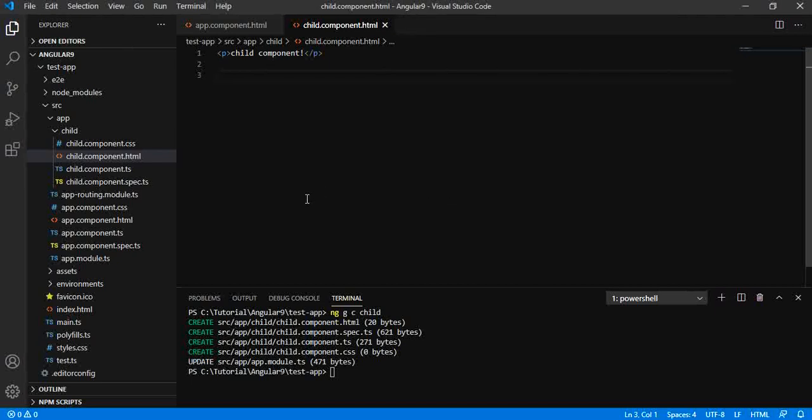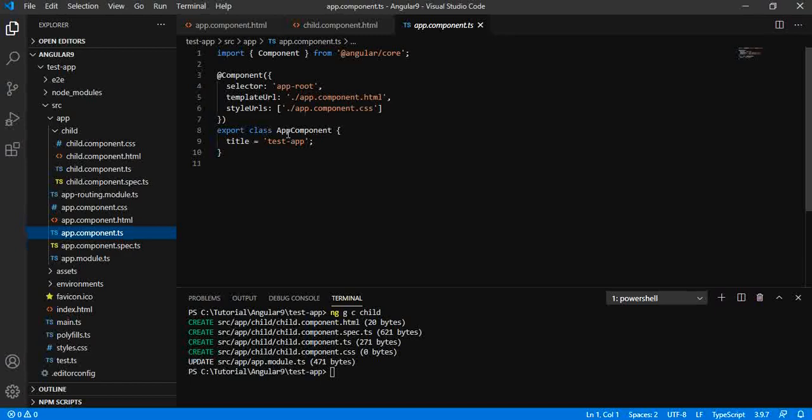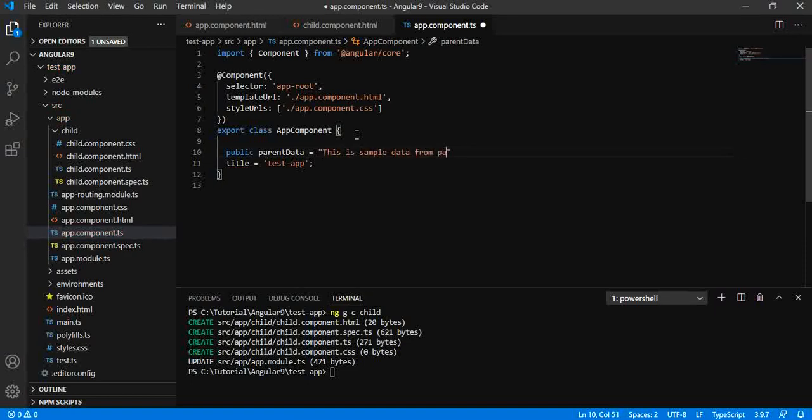Let us try to create the data inside the parent component that we need to send in our child component. So we have created the data that we need to send to the child component.